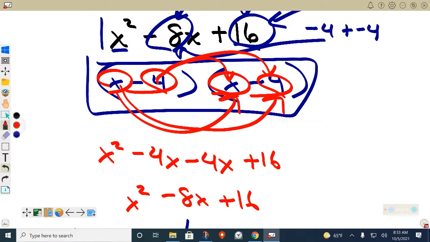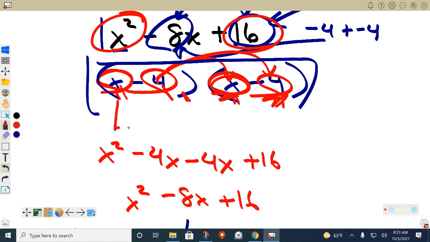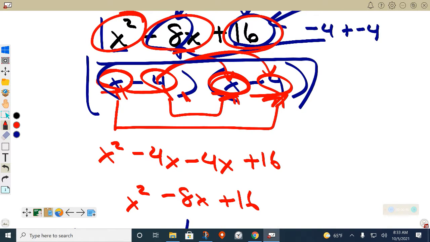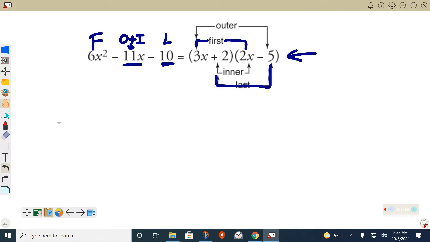Remember when I checked our work? So I did the first right here, became x squared. The last, look at these two multiplied, became the 16. And then the outer and the inner, that is these two plus these two, became the negative 8x. So that's just a little review from the warm-up. So with that knowledge, we're now going to factor